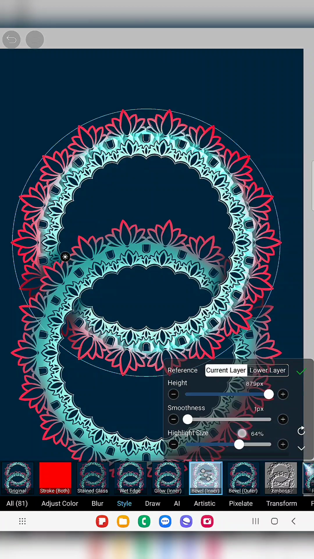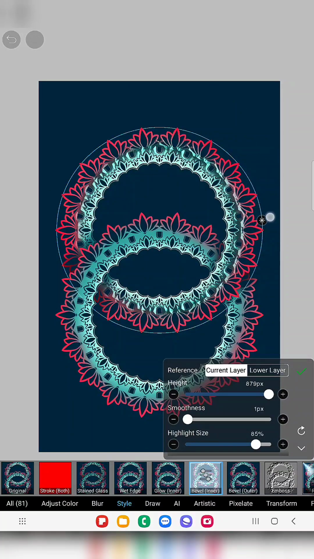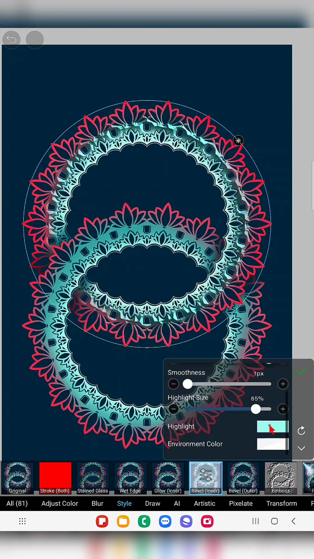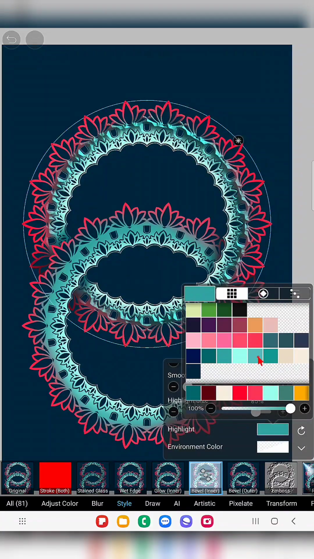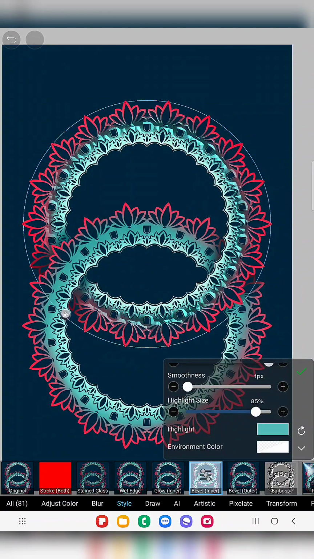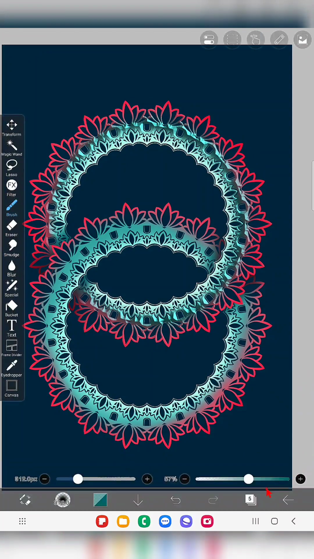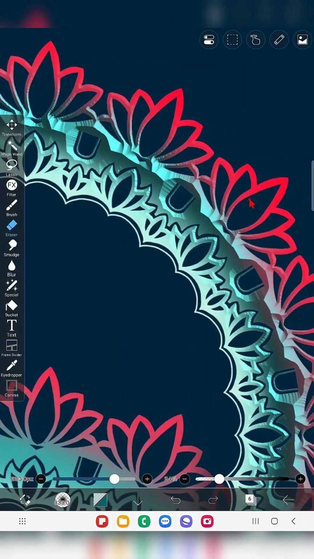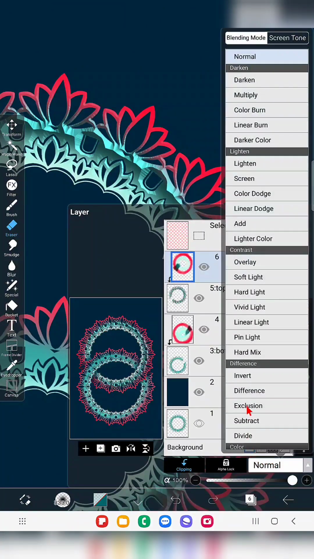Adjust the parameters like this, the same way I'm doing. Also, adjust the lighting like this by rotating this light symbol, and also change the highlight color if you want. You can try any colors and check out which color looks better and find out your favorite. Here I'm using aqua blue color for this and everything looks perfect. I just click the tick, and in the same way I'm going to do the dimension 3D look for this